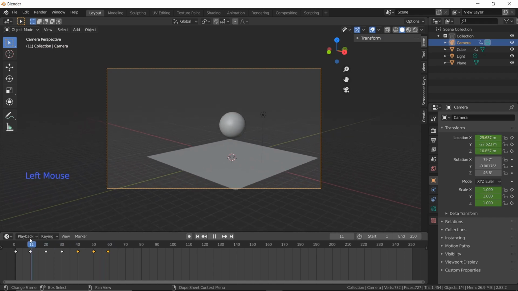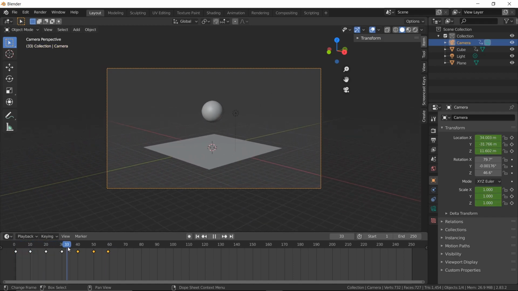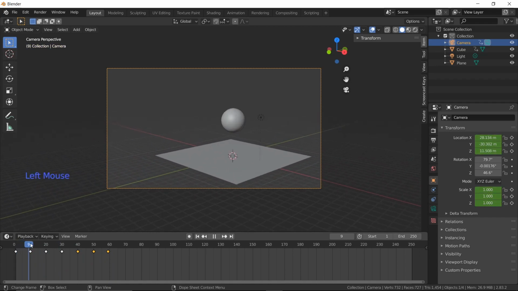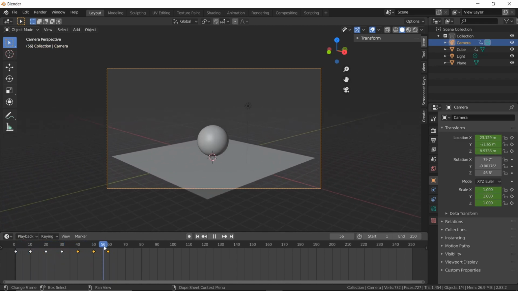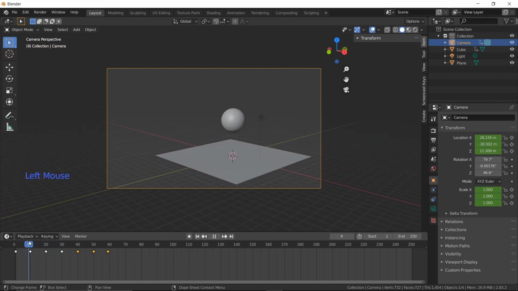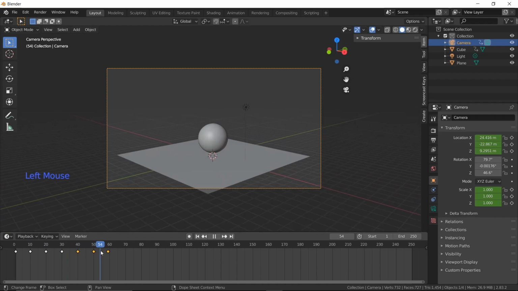Now if we move through the timeline, you can see that our camera as well as our object is in motion. You have just created motion for your object as well as your camera.